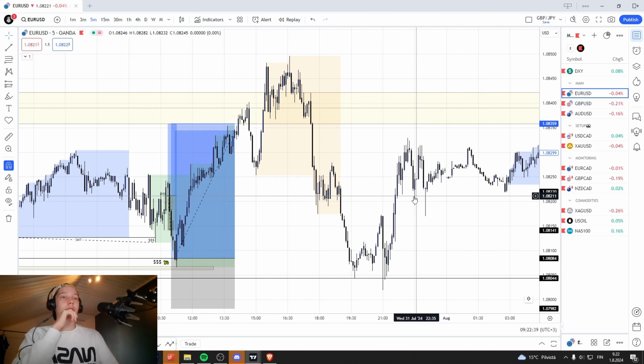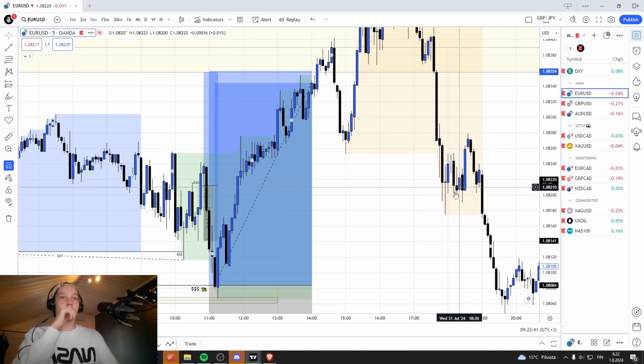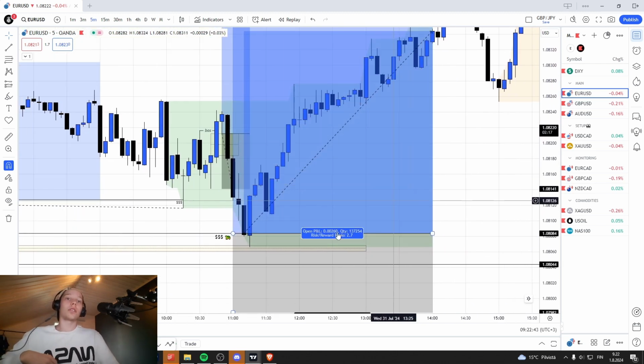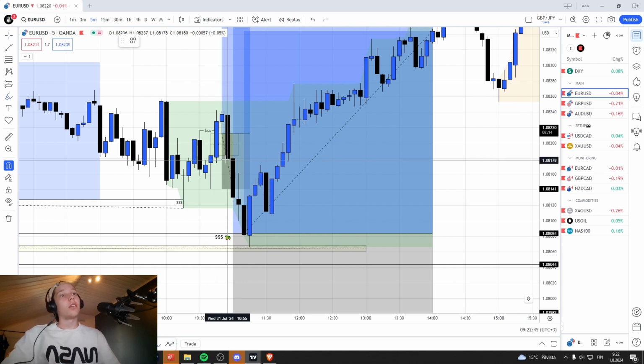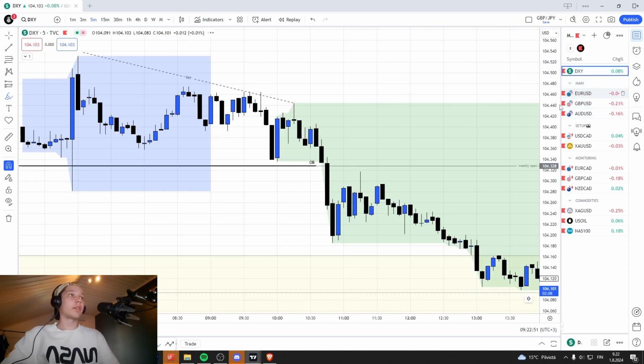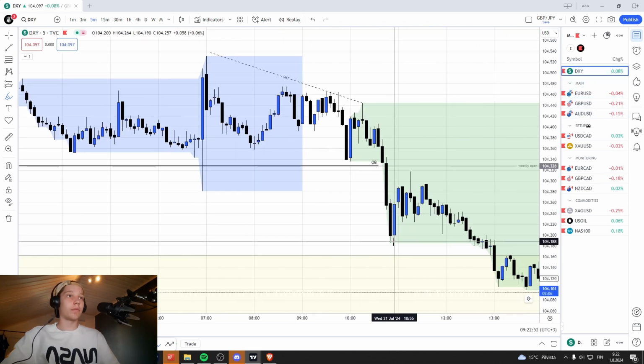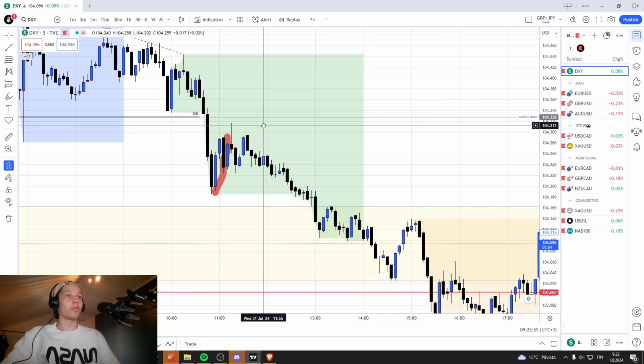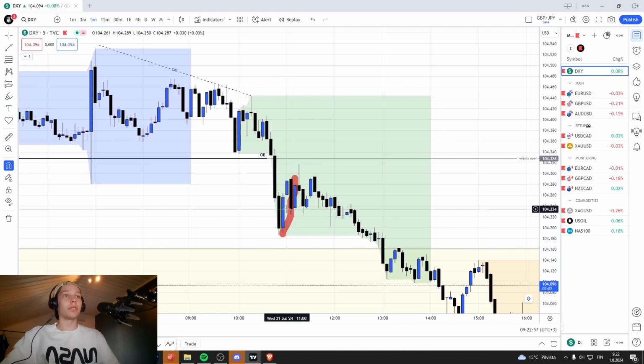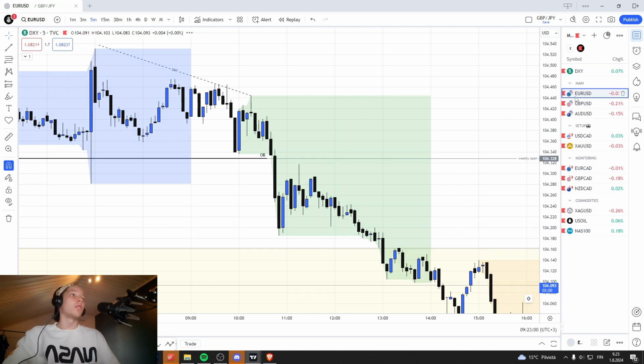Obviously the individual candles are moving in opposite directions. So when we dropped here, DXY moved higher, but if you're looking at how much it moved higher, it was super small. I believe this was the move. But anyhow,